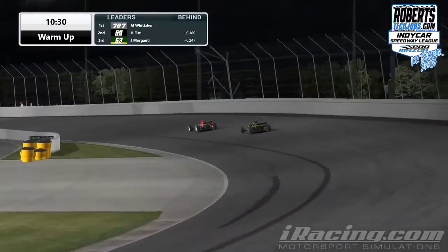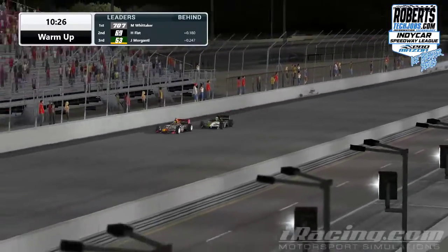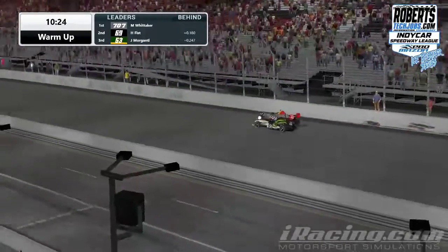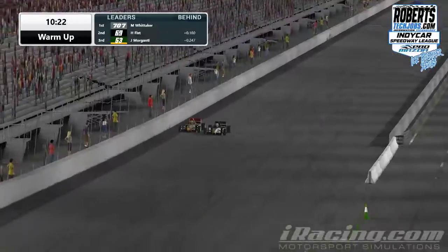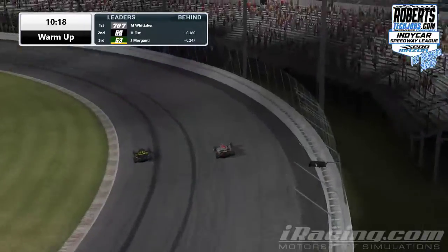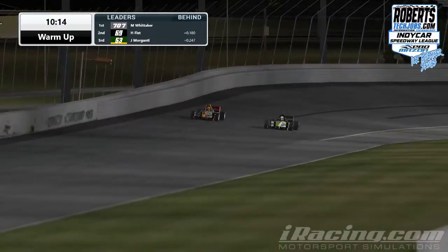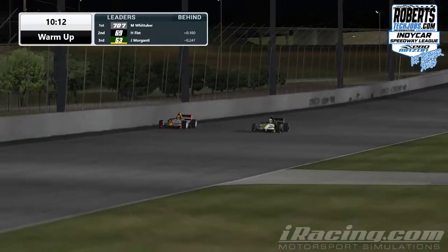Alright guys, so it seems like I'm the only one in the booth right now. Race control will eventually work their way up here whenever they figure out who's going to do it. So we're at Gateway this week. It's going to be a 55 lap race. So far looks like we're going to have 13 cars and we are hitting right at the 10-minute mark of